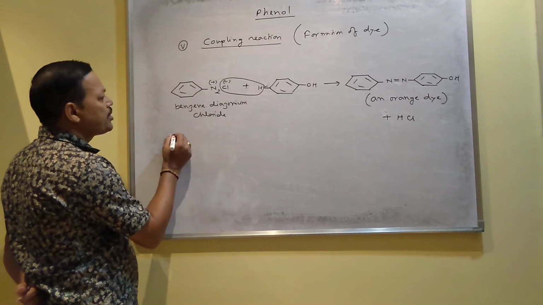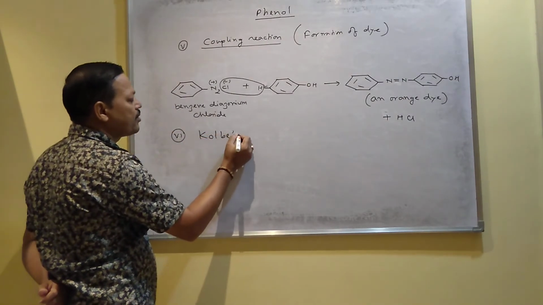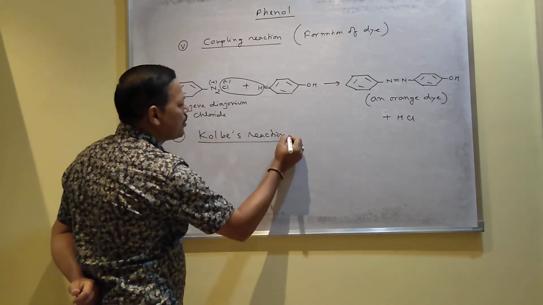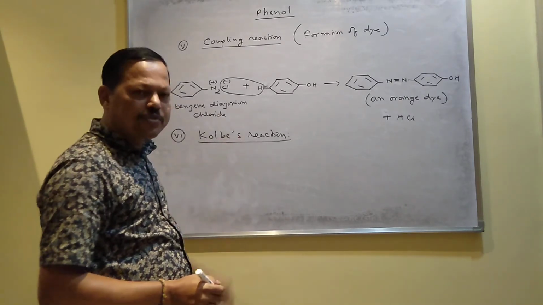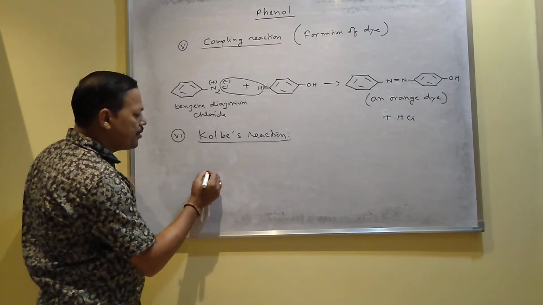And number 6, very important reaction, which is called Kolbe reaction. Kolbe's reaction. Kolbe is the name of a scientist, and this type of reactions are very important, which are given according to the name of scientist. I mean the naming reaction is very important. Kolbe reaction,